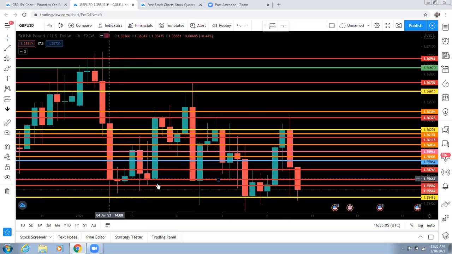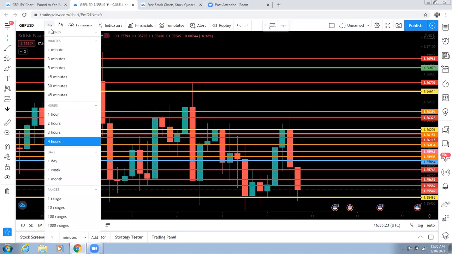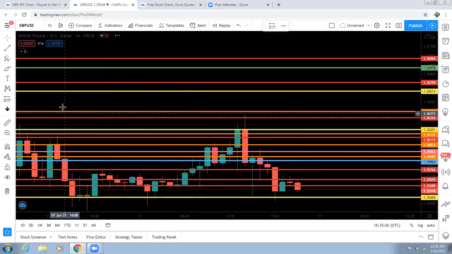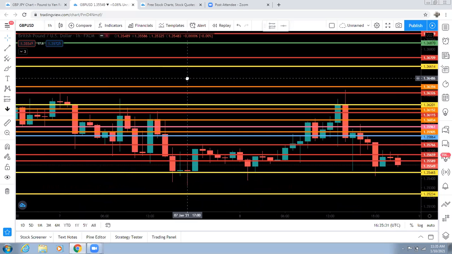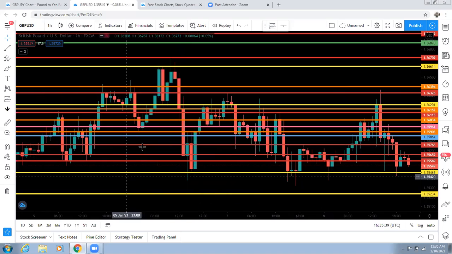Go down, it's going to hit a level, then it's going to turn. That's an indecision candle on this time frame to get back up to a level to drop, right? So I go down here to the 1 hour. How many 1 hours are in a month? It's going to be that many candles, but the majority of them are going to be going in what direction? Mainly the sell direction,